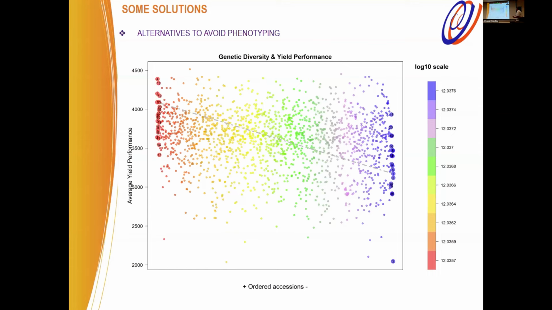When we compare performance, in this case, on the y-axis we have the average yield across environments. We see a little bit of a trend, right? In this case, the most diverse have a higher performance compared with the least diverse. And many times that doesn't make sense because we would have expected the opposite, right? The least diverse have elite varieties, they have been over-selected for many generations, and usually they have a higher performance. In any case, we realize we are actually finding the good and the bad ones at the extremes. So this method can help with that.